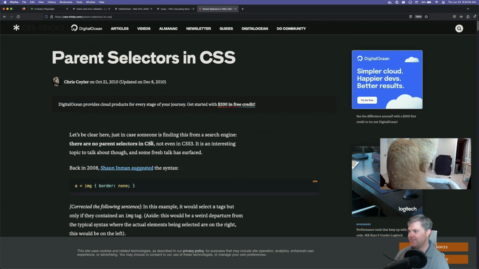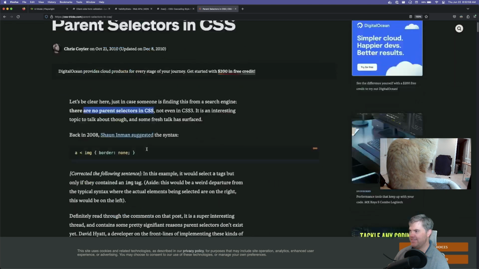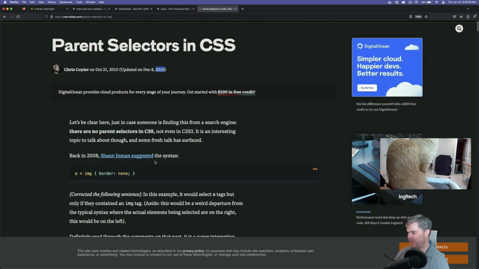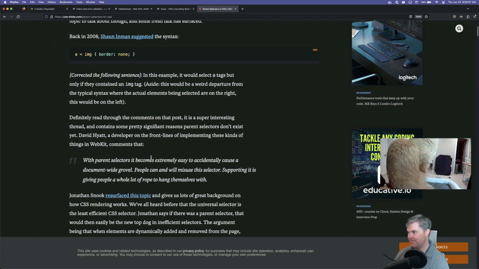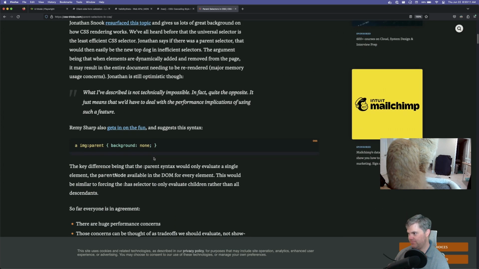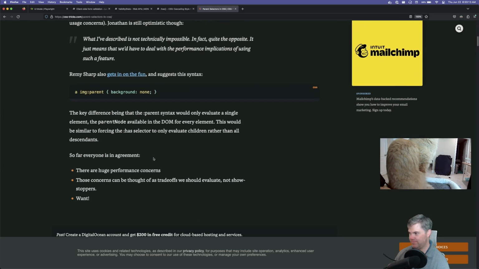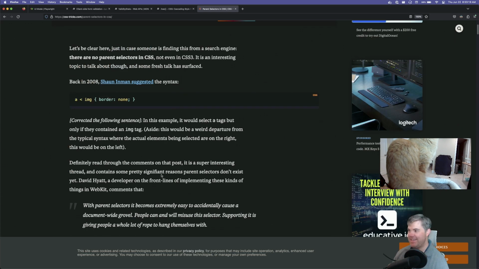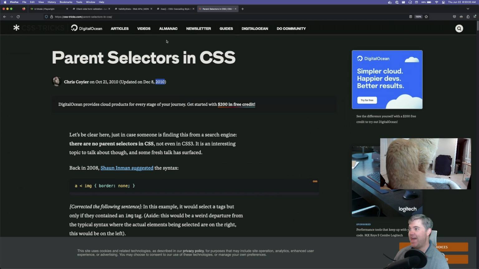There are no parent selectors in CSS. So basically, we want there to be parent selectors. Now this is back from 2010. This is why you do backend. Even like, I guess, yeah, if you don't do any kind of